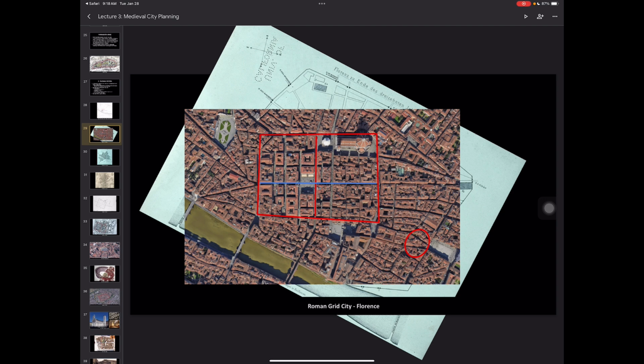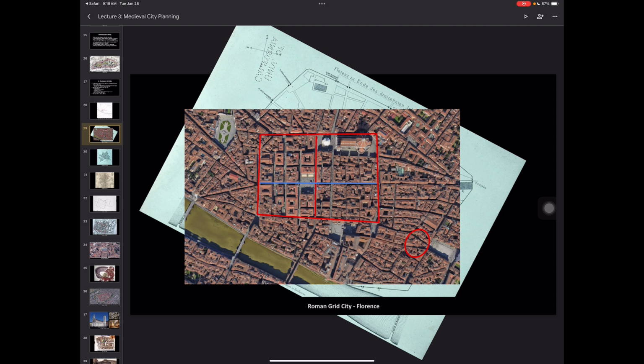No church in the center? Is there the town hall outside of the grid, or just outside of it? Yes, one of them is. So we do have our main church, which I'm going to address first, right? The Florence Duomo, the huge one, the one that we talk about all the time.